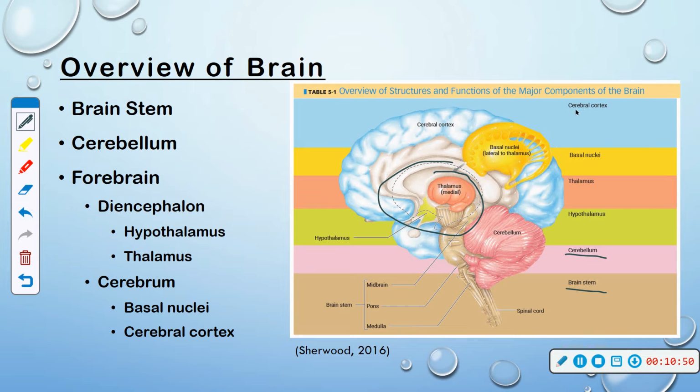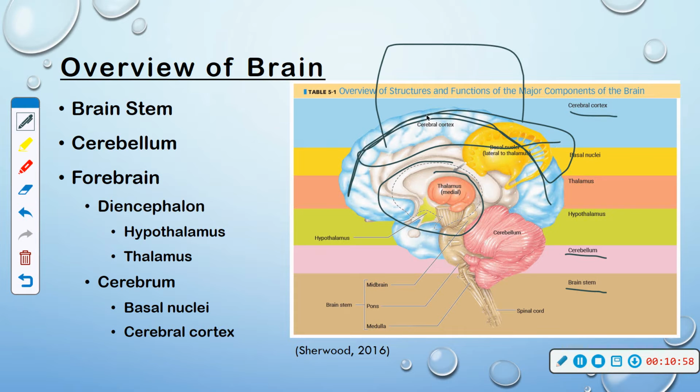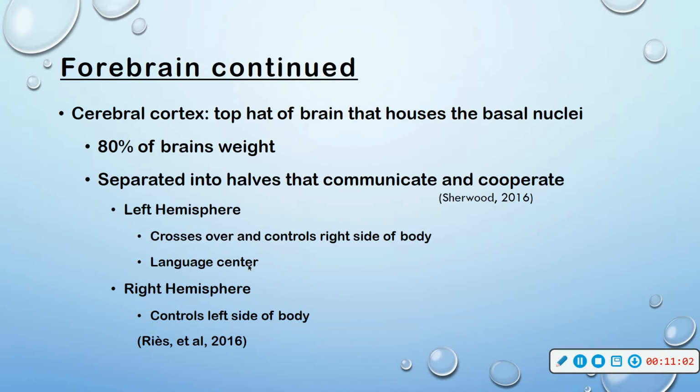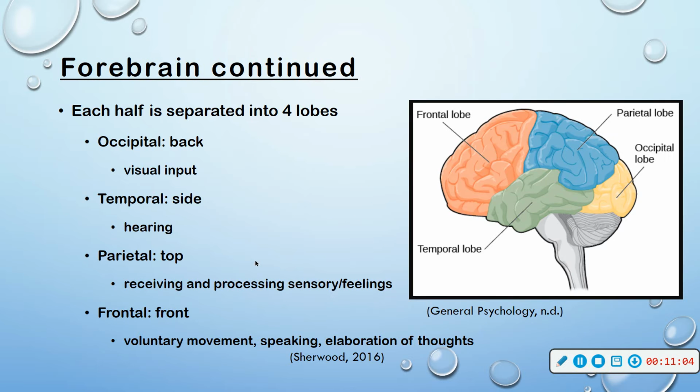And then you have the cerebral cortex up here that pretty much caps the brain like a hat. It is separated into the 4 lobes that we mentioned right here. So visual, hearing, feelings,